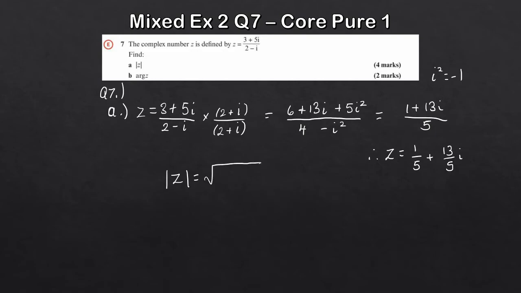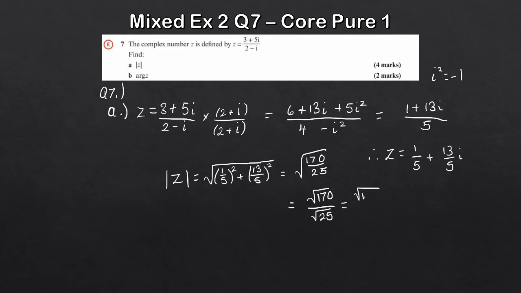So remember, that's the square root of both of these elements here squared. So that's going to be a fifth squared plus 13 over 5 squared. If you work this out, you'll get the square root of 170 divided by 25. So using your rules for surds, we could write that as the square root of 170 over the square root of 25. And obviously this will simplify to root 170 divided by 5, or a fifth of the square root of 170. So there we have it. So that's the 4 marks there for the modulus of z